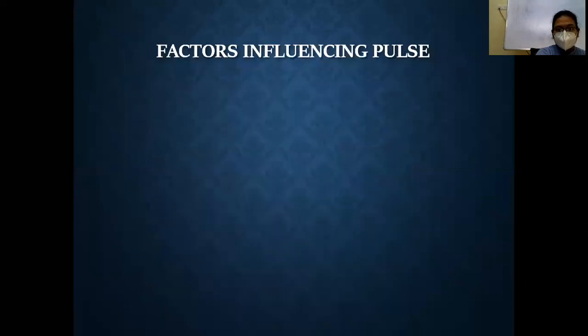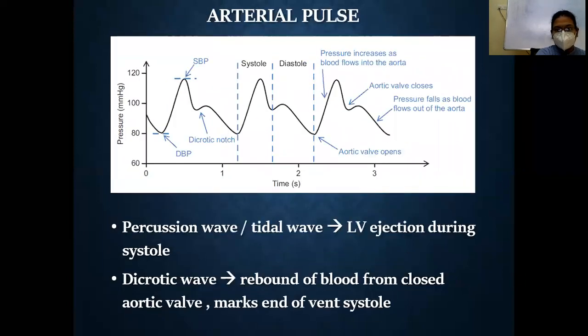So this much is about today's topic, arterial plethysmography. What you should remember is this waveform. This is kept in the exam also, where you are supposed to identify that this is a percussion wave, this is a dicrotic notch, and this is a dicrotic wave. You have to give the reasons for this percussion wave, this dicrotic notch, and dicrotic wave.